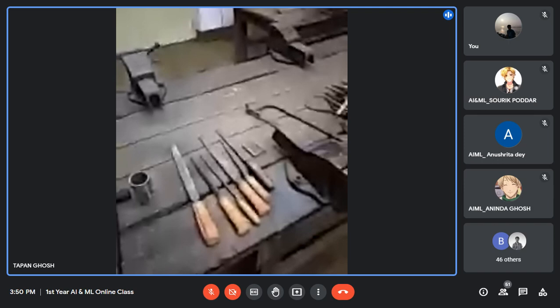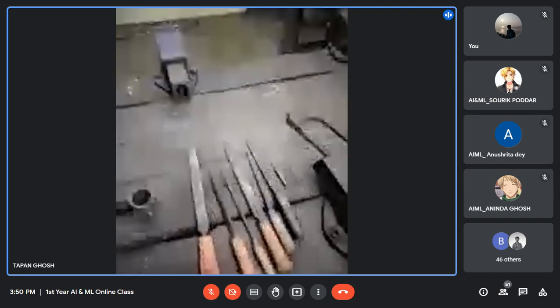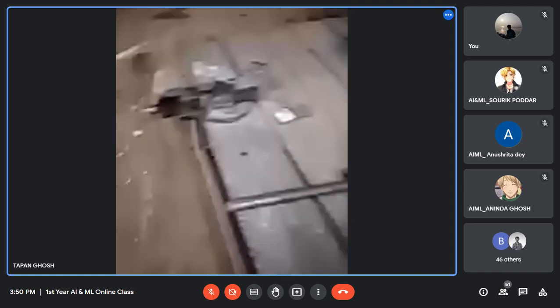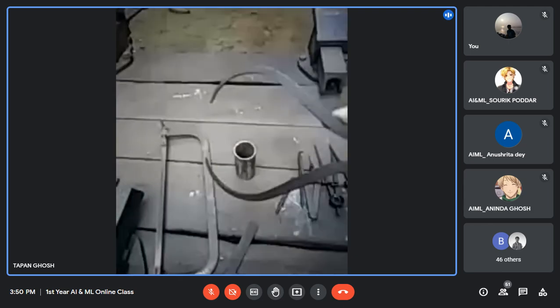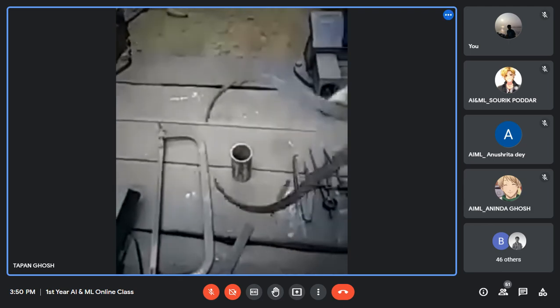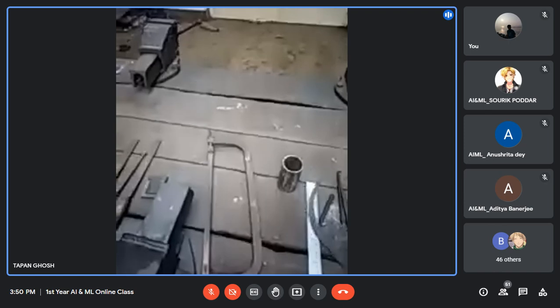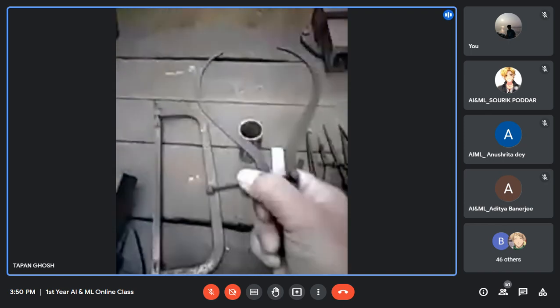There are marking tools also. So one by one, I will show you now. So you see that, this is called an outside caliper. Can you see this? So if you want to measure the outside diameter, you can close it and expand it by rotating this wheel.